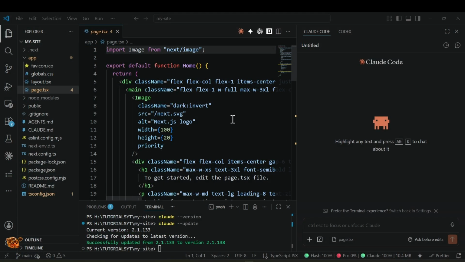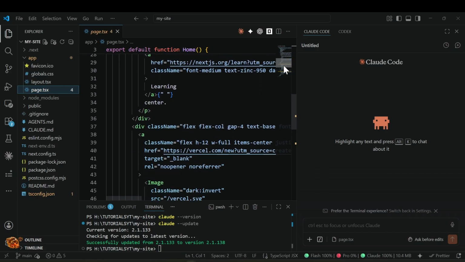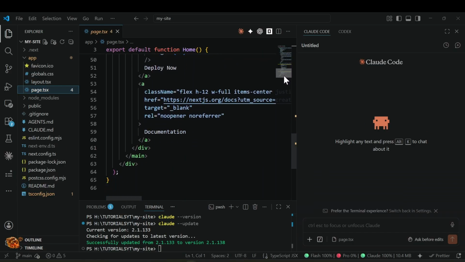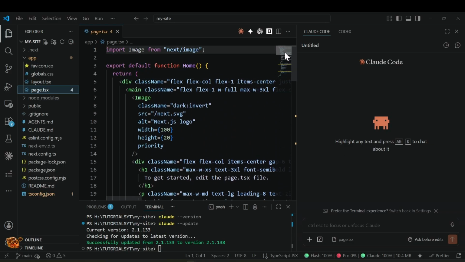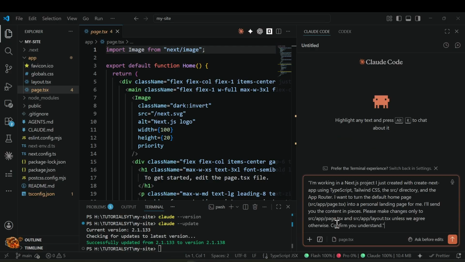Okay, so what we're going to do is paste that prompt into Claude in a minute, but just as a reminder, this is what the boilerplate content looks like at the moment, and we're going to ask it to replace this with our own content. So I just click here, I do Control V, and I will also say ask before editing.